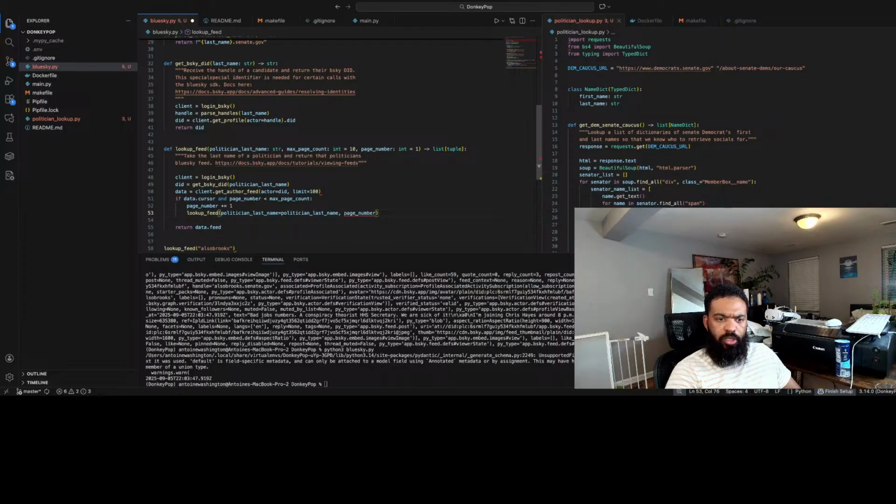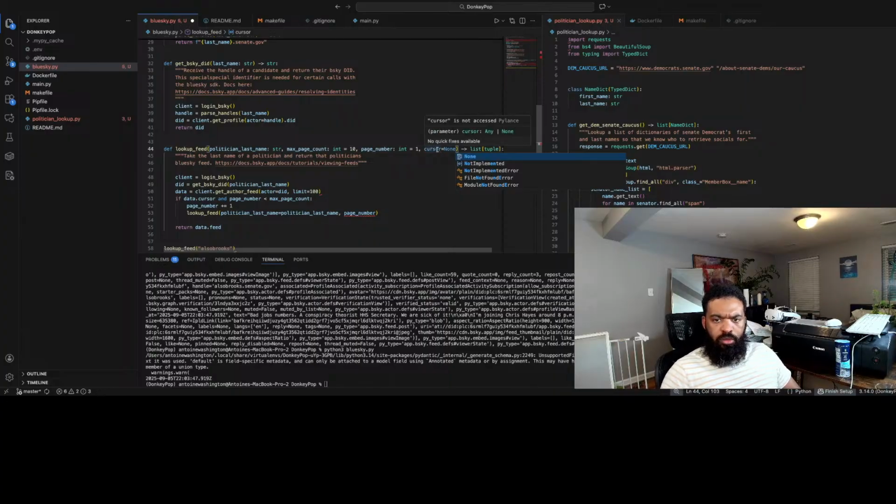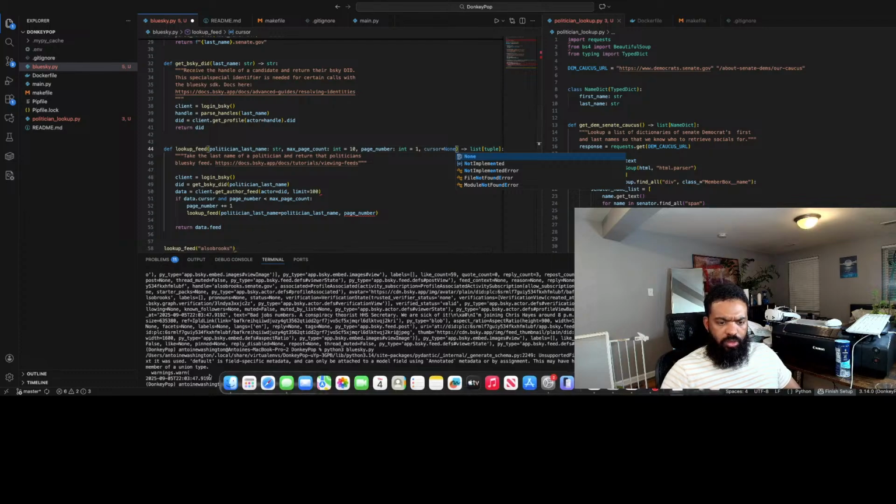Enter the current page number. We'll also need cursor equals none as a default. And what was this? It's like a string.